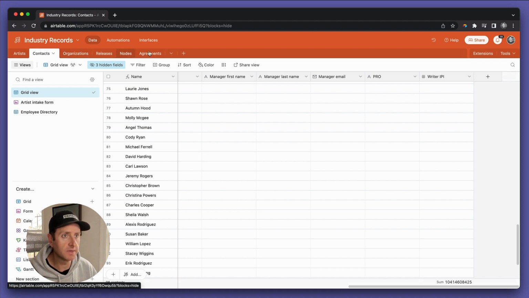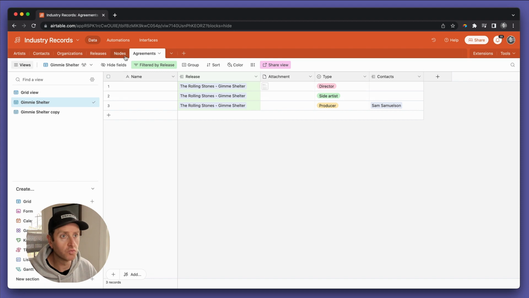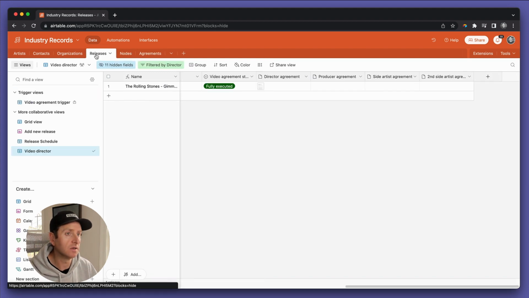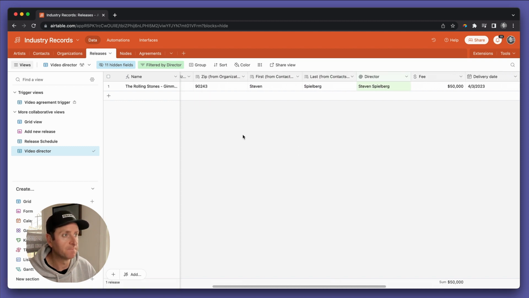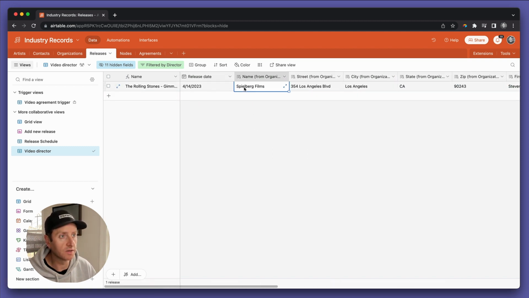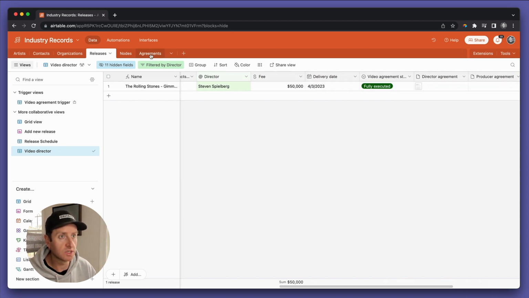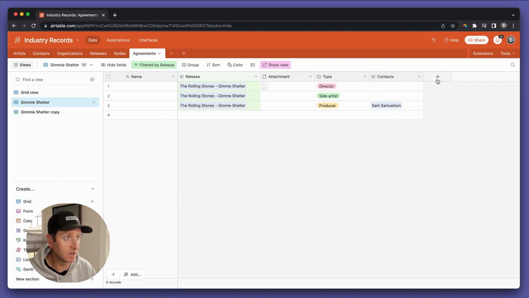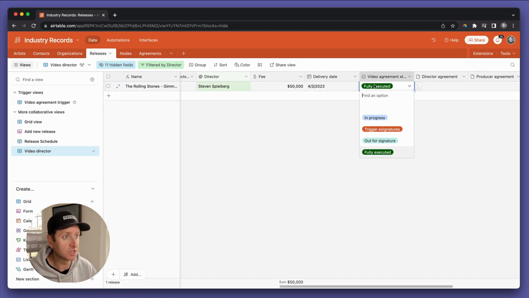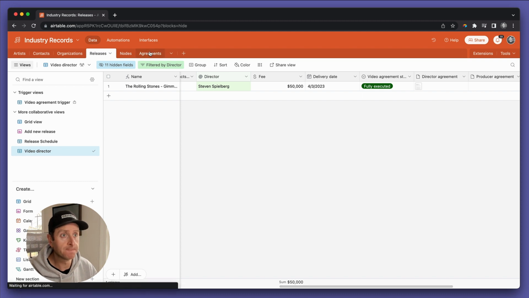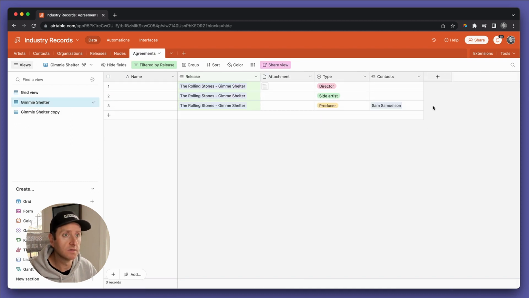Let me know in the comments if you want me to continue to reconfigure the entire automation such that we would no longer be rolling all this information up, looking all this information up to the releases table, but we would be doing so to the agreements table. So all those fields you just saw would actually be out here. And then that status trigger, which gets Zapier started to trigger the e-signatures and then to bring it back in when it's done, would all live here. Let me know and we'll get it going.